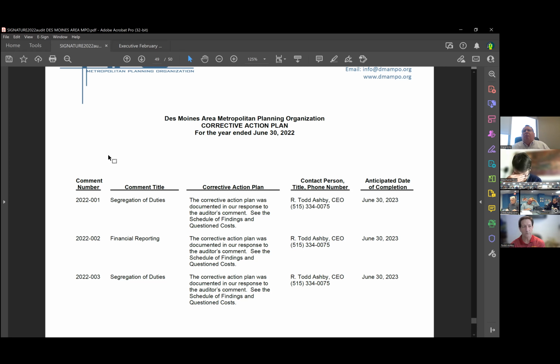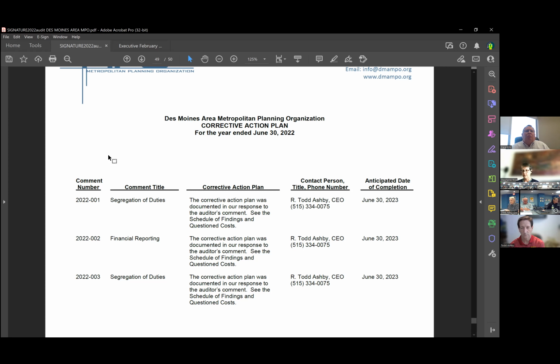If there are reports that you'd like to see, we can certainly provide them. This is what we've historically provided, but we can certainly provide more. If I understand the accounting process, we should have three separate reports: a fund balance, a revenue, and an expense report. Those should be coming from our financial accounting software. Do we know what software we're using for our accounting? QuickBooks. Okay, so we can kick that out, certainly.